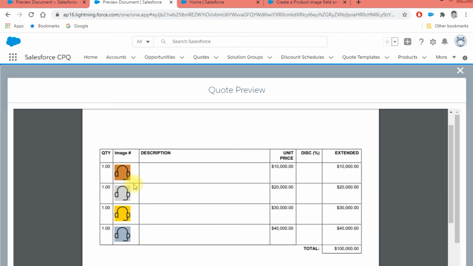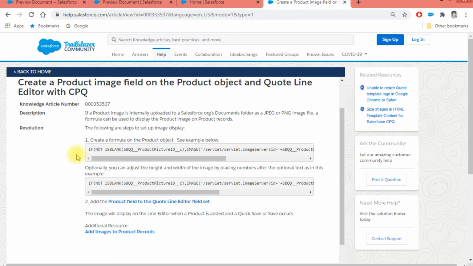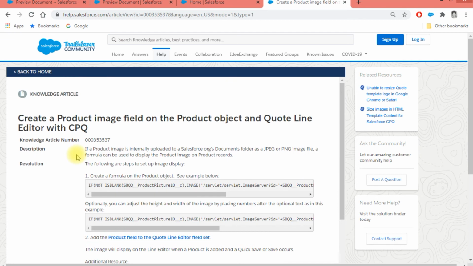One challenge which I faced during this configuration is that the formula given by Salesforce on their help site didn't work properly. Let me go back to the support site, where you can see this is the formula that I referred to earlier to display images on the Quote Line Editor.